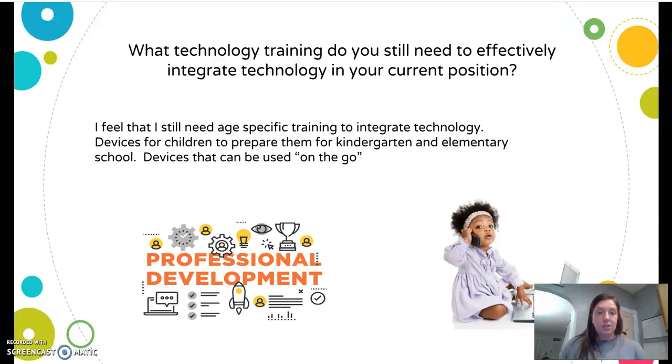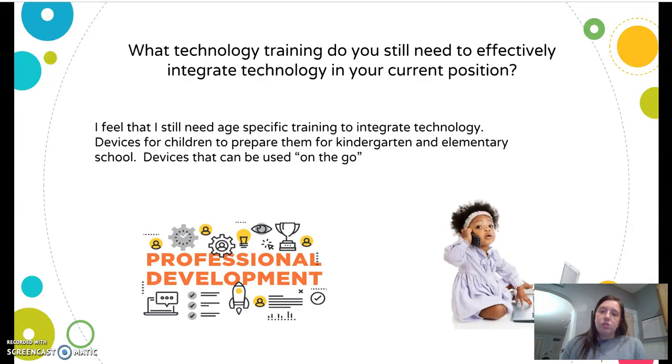Sometimes it's not as easy to just adapt a laptop for a 4-year-old. And because my job is very on the go and constantly moving, I don't have a space to put things down and set up with a screen or a projector. I like to call these on-the-go devices.